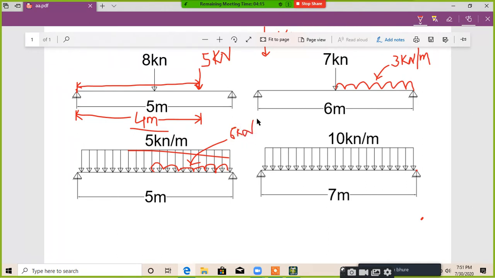It is of 6 kilonewton per meter, and it is starting from a length of 2.5 meters, right? So how can we apply this load?